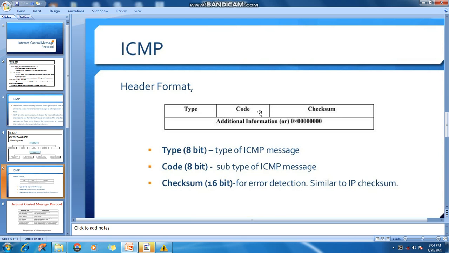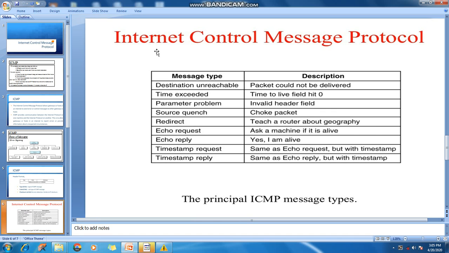Each ICMP message has a header part and a payload portion. The header part contains information such as type, code, checksum, and the content. The header's type specifies the unique identification used to represent the message, and code is a subtype which is also notification information about the message. Checksum is used for error detection, and it is similar to the IP checksum. Then we'll have a detailed description of the ICMP control messages.